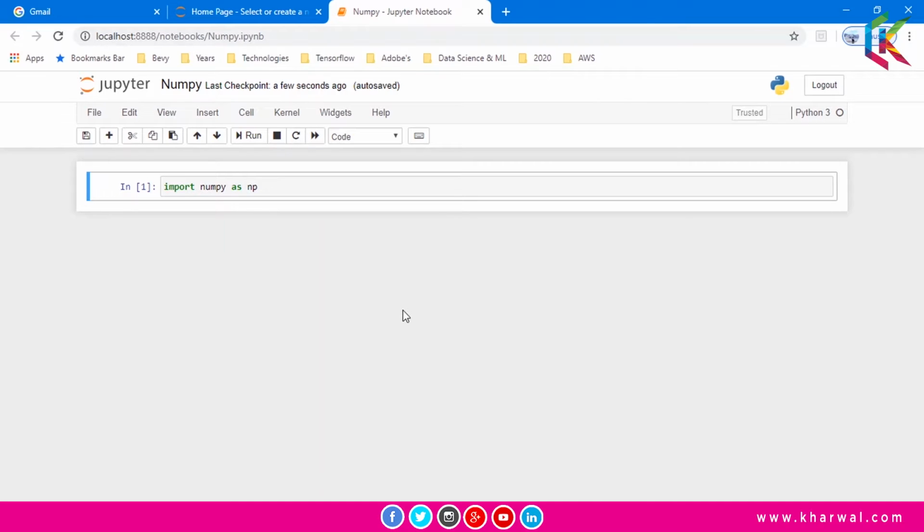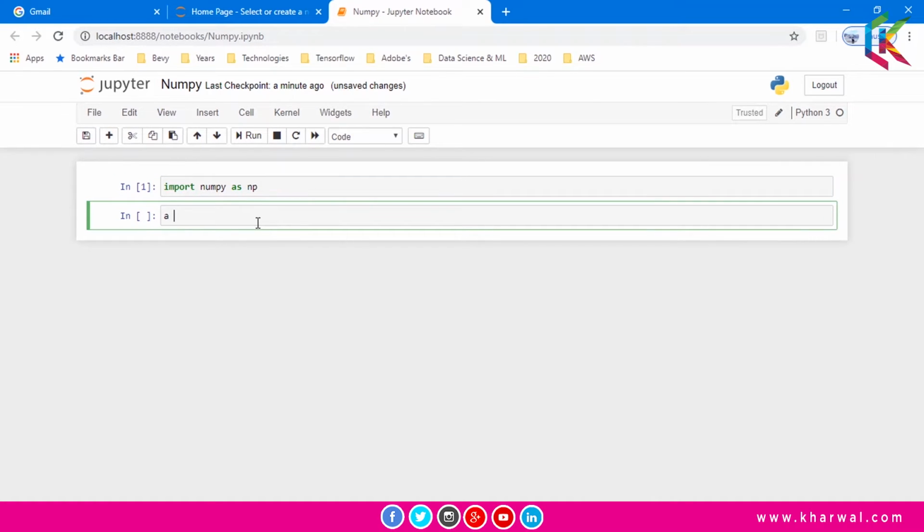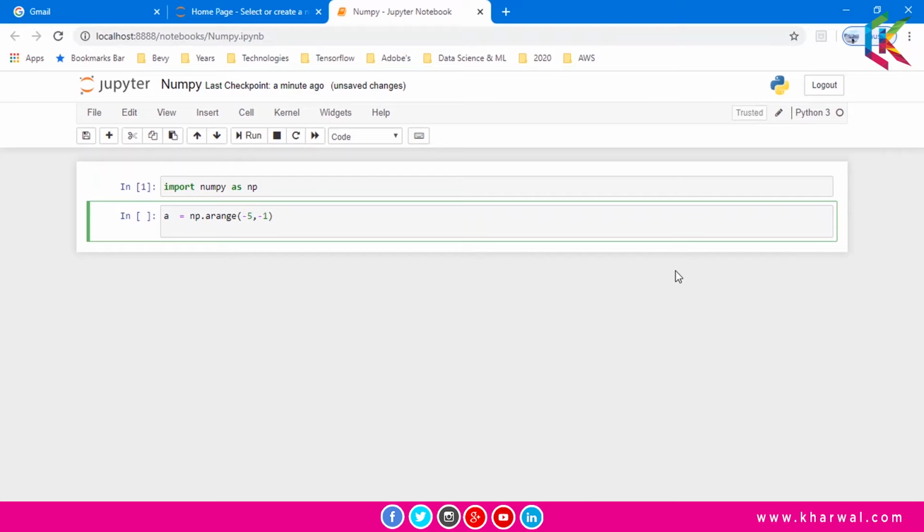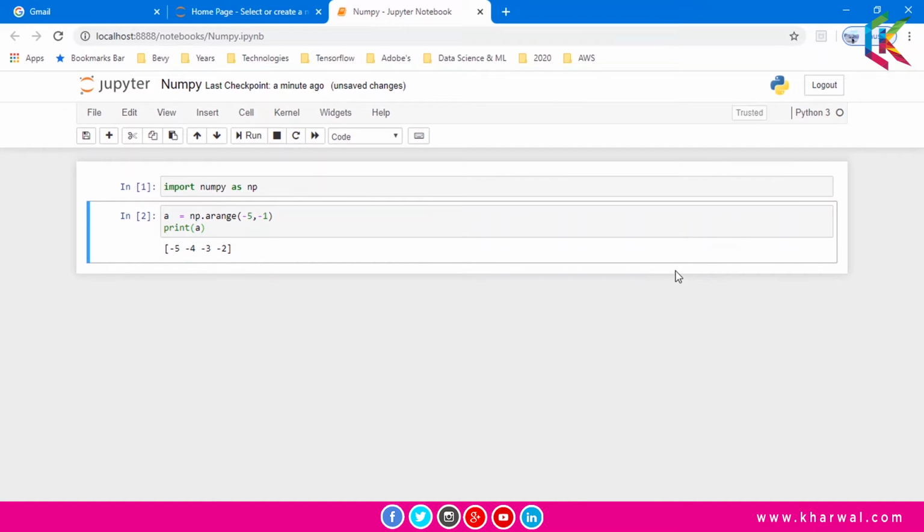First of all, we need to import NumPy. That's why I have imported NumPy as np. And now let's provide the negative arguments to the arange function. So let's do this. If I run this script, it will give you -5, -4, -3 and -2.